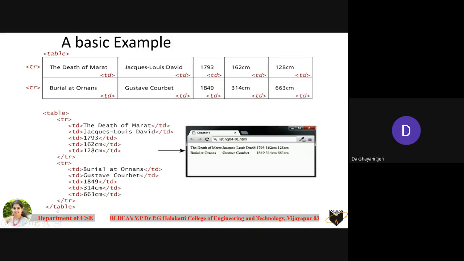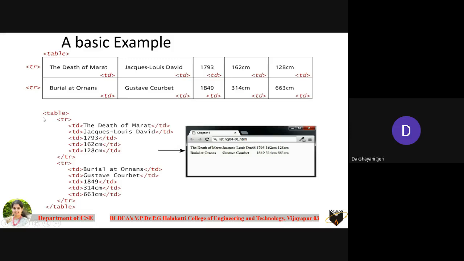So we'll see with this example how the same structure demonstrated here has been created with the table. Okay, so begin with the table element. Everything has to be included in the HTML. If the HTML basic elements have not been shown here, it doesn't mean that you should leave them out. By default, all the HTML basic elements, head, body, section, right? Everything has to be included in order to create an HTML page. The table has to be included in the body section. You want to make it part of the content of the HTML page, for which you have to take this entire thing into the body section.